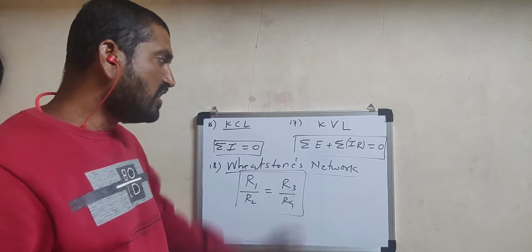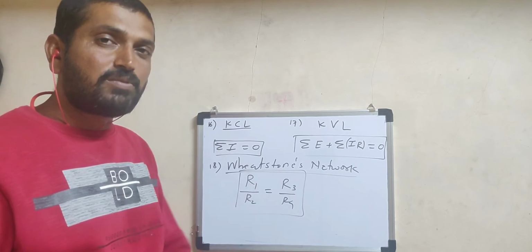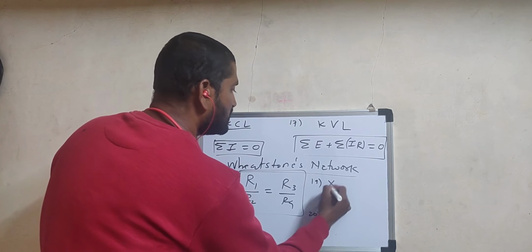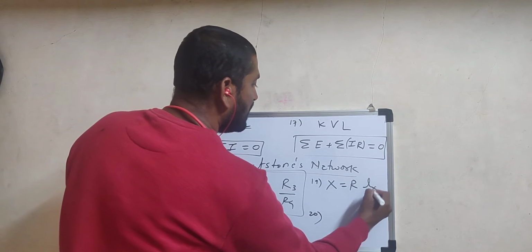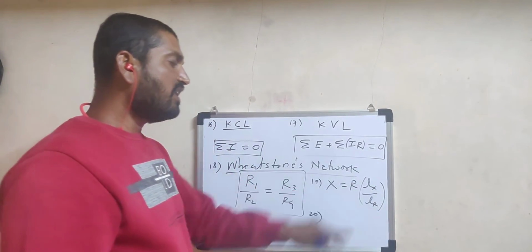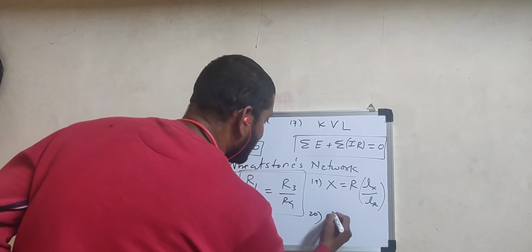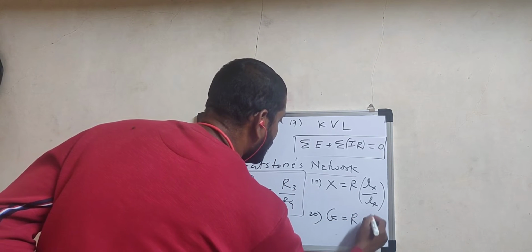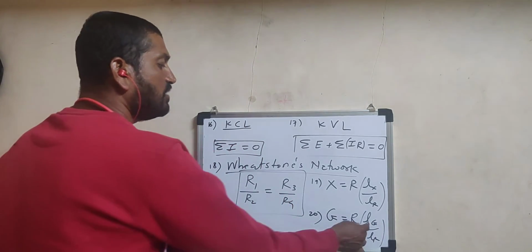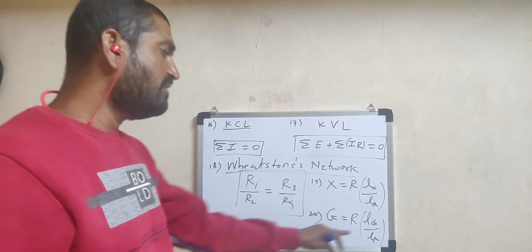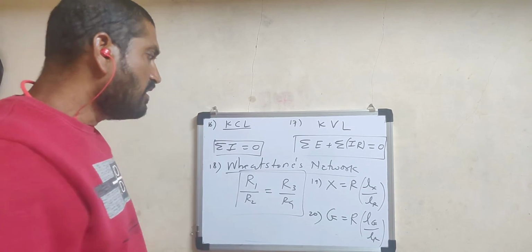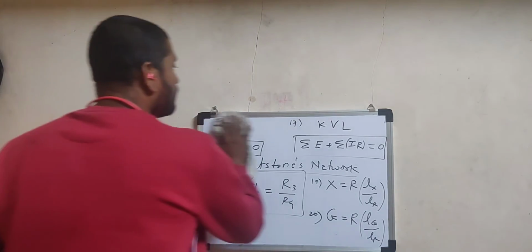And using this Wheatstone's network principle, we studied the meter bridge device, in which we got two formulas. First one: unknown resistance of the given metallic wire X is equal to R into Lx upon Lr, where Lx is the balancing length on the unknown resistance side and Lr is the balancing length on the known resistance side. And similarly, in Kelvin's method, resistance of galvanometer is R into Lg divided by Lr. So this is also a very important formula. Lg is the balancing length on the galvanometer side and Lr is the balancing length on, which side? Known resistance side.